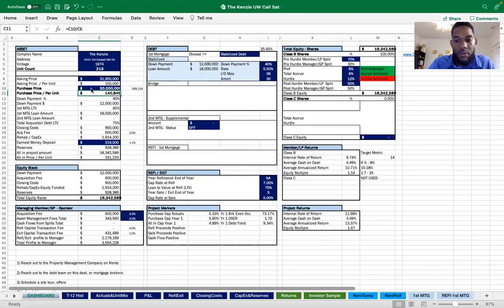Okay. So at $30 million, this is 140K a unit. And you can see the returns, we're not hitting our metrics, but it's a little bit better. We're not in the negative, right? Now, what are the odds of the broker, what are the odds of the seller accepting this? It's probably going to be low, because it's so much off the guidance, but even at 30, we're not really hitting our metrics.